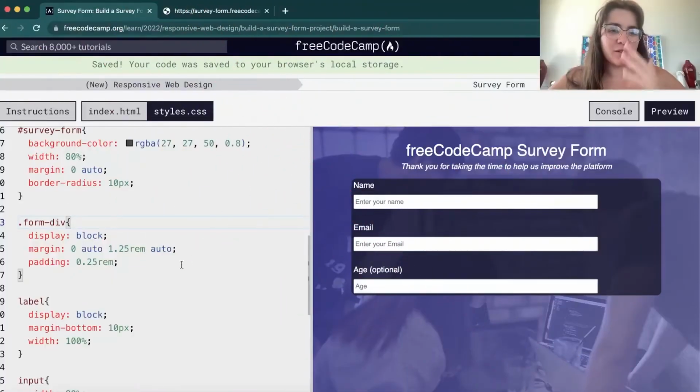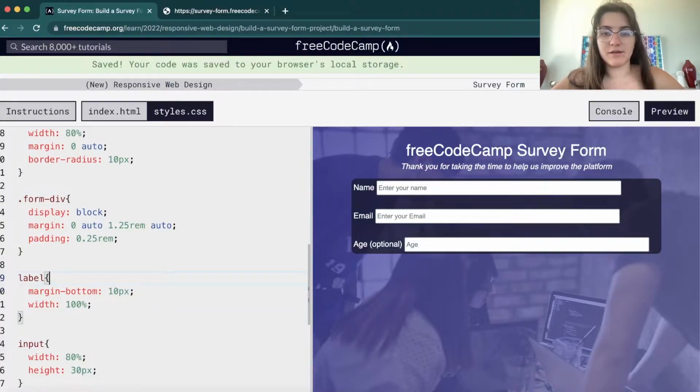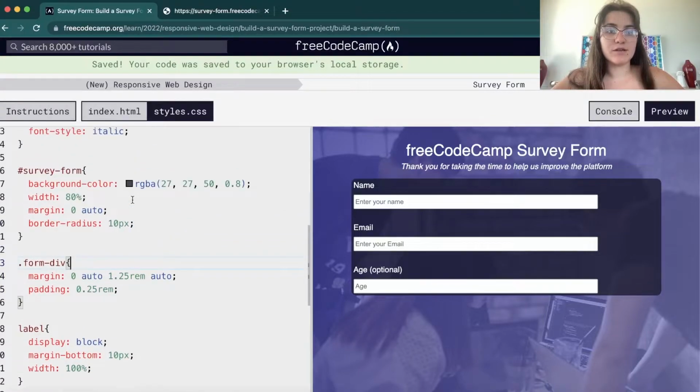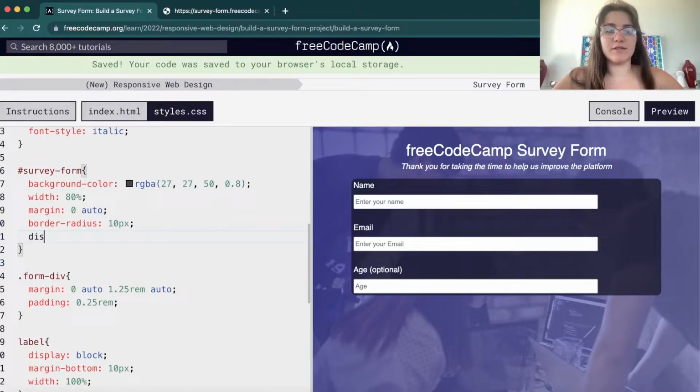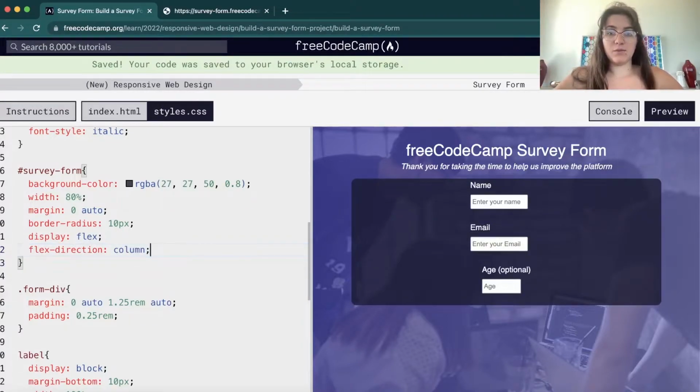So I was playing around a little bit in here and I had some ideas. Basically I'm going to remove this from here. No, we should have this block in here, but what I want us to do is put everything in the center. So here in the survey form, I'm gonna have a display flex, but we're gonna change the flex direction to a column. We're gonna put everything in a column, and we want to do